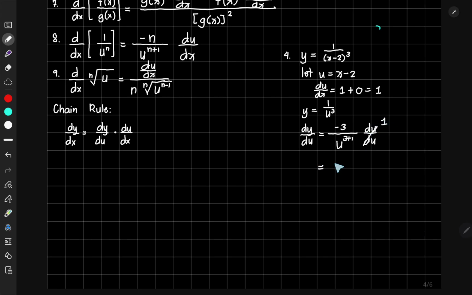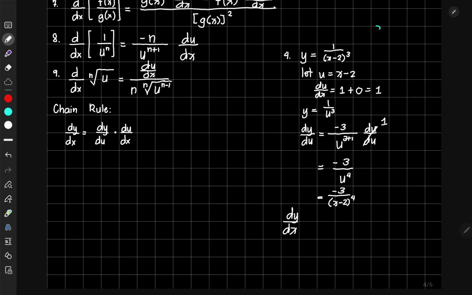And this would be equal to negative 3 all over u raised to 4. So substituting yung u dito, which is x minus 2, this will become negative 3 all over x minus 2 raised to 4. Then getting dy